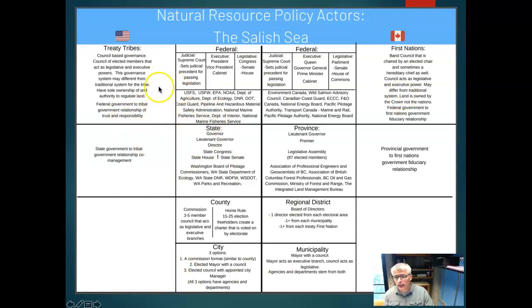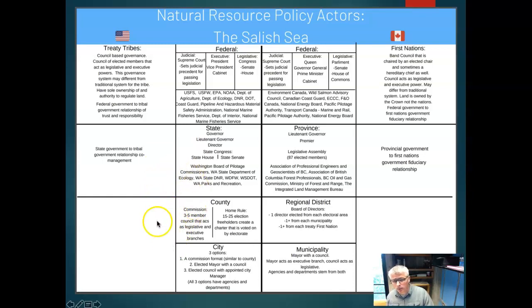For the federal lands, it's interesting where federal land in Canada is frequently called crown land, where here we would define it as BLM land, Bureau of Land Management, or National Forest land. So it would actually be under a separate department. The province and states operate in a similar method, and then down to municipal and city governments.